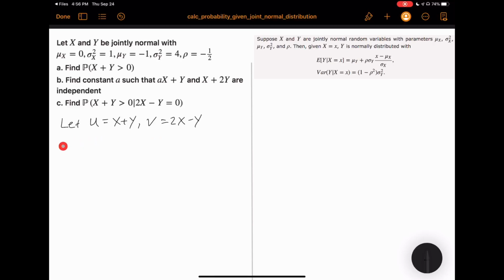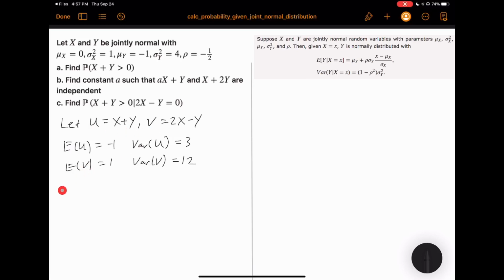So the expected value of u is equal to -1. The variance of u is equal to 3. The expected value of v is equal to 1. The variance of v is equal to 12. We won't write down the details because it's pretty straightforward. Because both u and v are just linear combinations of x and y, we can easily calculate the mean and the variance. And to get the joint distribution, we also need to calculate the correlation between